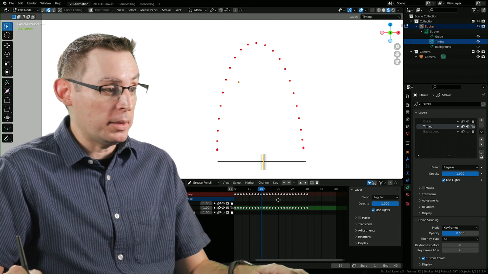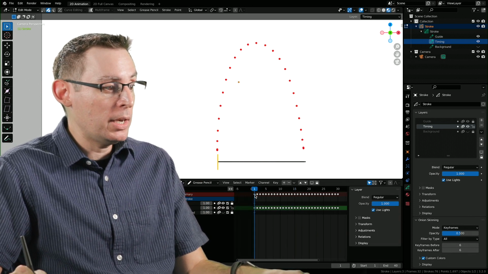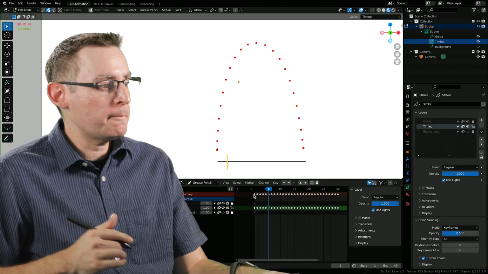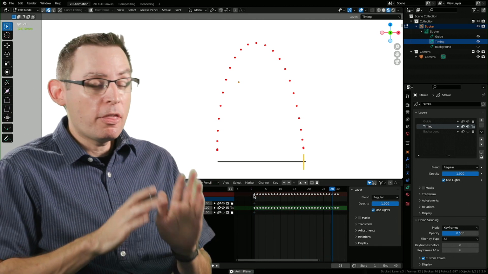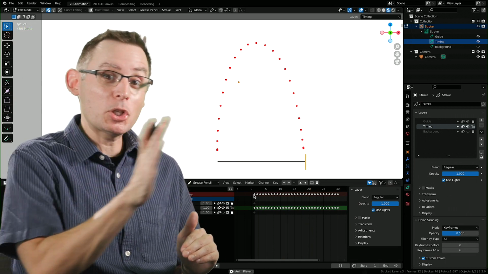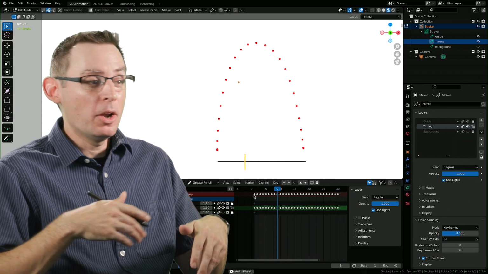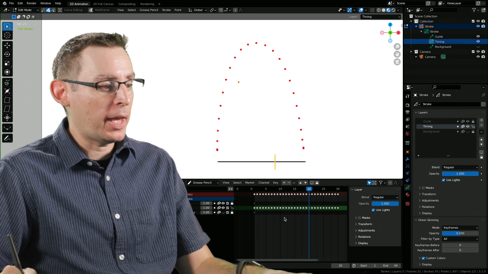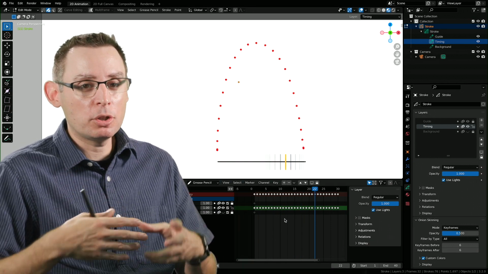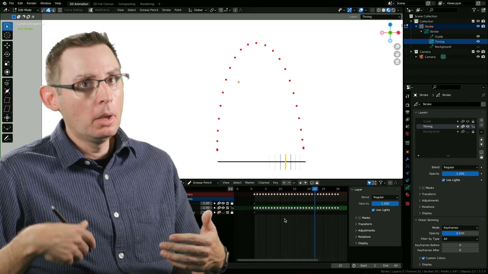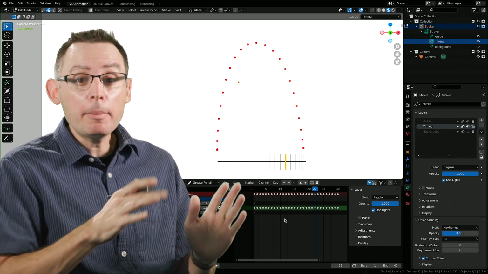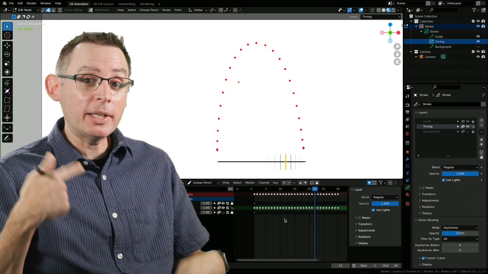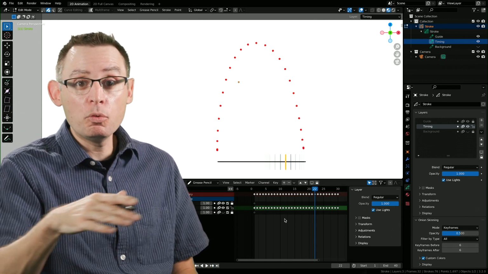If I wanted to, I'm not going to, but I certainly could go in and tweak all this ever so slightly. Yeah, I'm not going to tweak it. I think I'm happy with it. This is an easy thing to tweak because we're just animating a bar going left and right. We're not animating too much more on top of that. If I was to make a change to the finished final drawing of Mickey Mouse, that would be very laborious. It would take a long time. These timing charts are great tools for us to very quickly get to the answer of how long our movements are going to take.